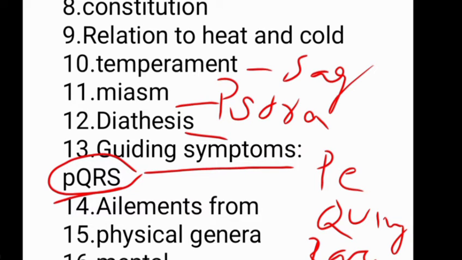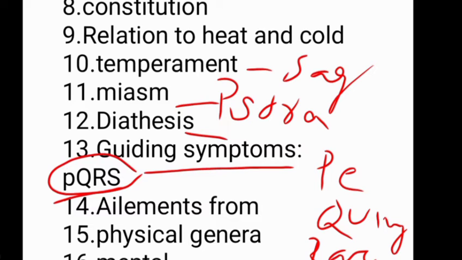So if we say aconite has many guiding symptoms, such as it has a fast stage, coming suddenly, violently, like a storm, with restlessness. It is also included in the triad of restlessness. Those persons have great fear and anxiety, there will also be huge fear and fright, dry, hot skin, then unquenchable thirst in cold weather. These are the guiding symptoms.